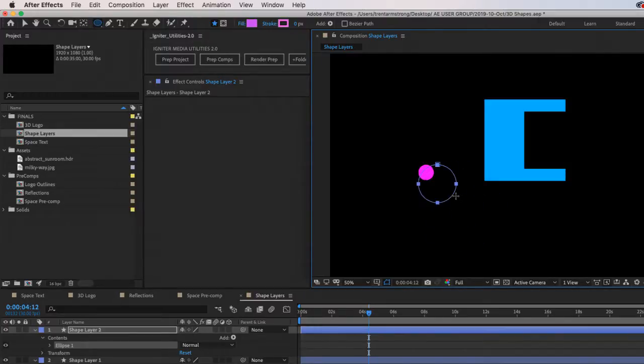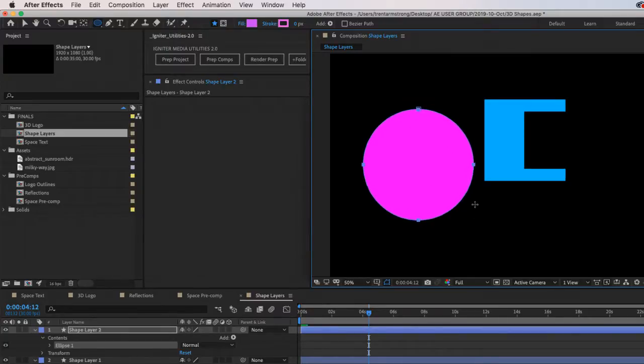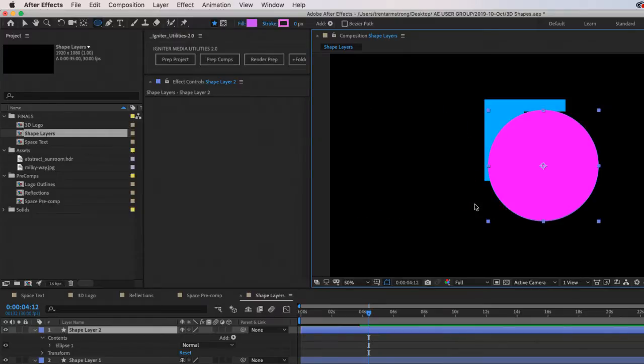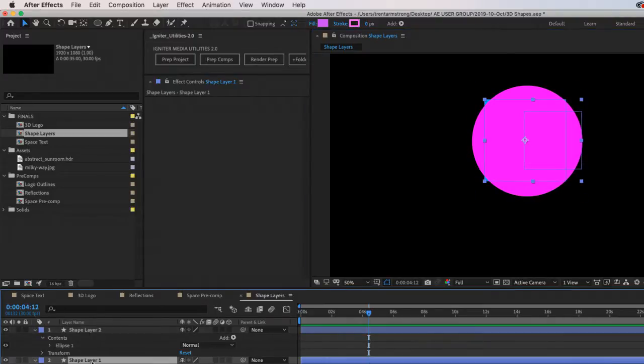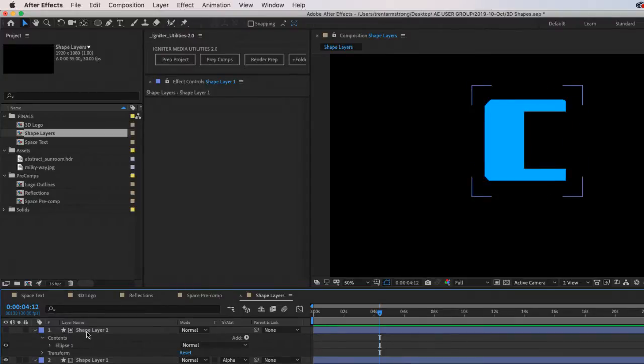And that makes sure that Shift is the one that makes sure that I'm scaling relative on X and Y, so it remains a circle. And if I do Command, it's going to scale around where I first clicked. Okay. So then I will reset my anchor point, put it in the center, and I want to cut one of these out of the other. Then I can use a track mat like that.